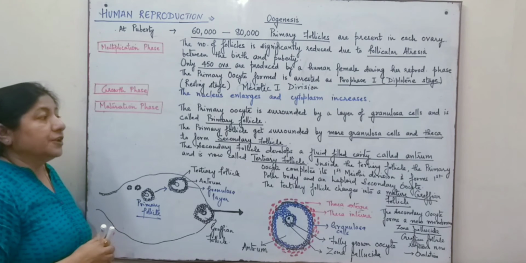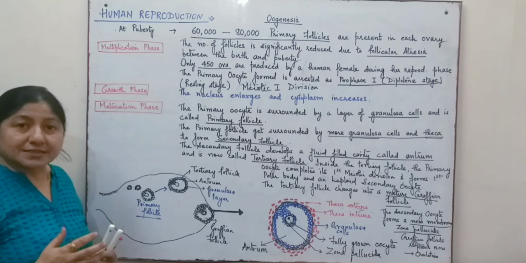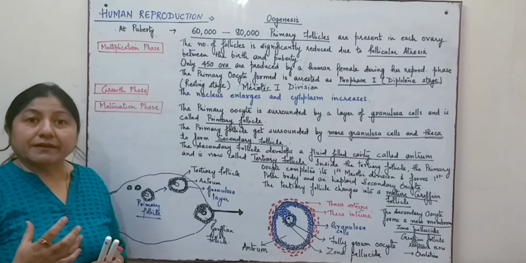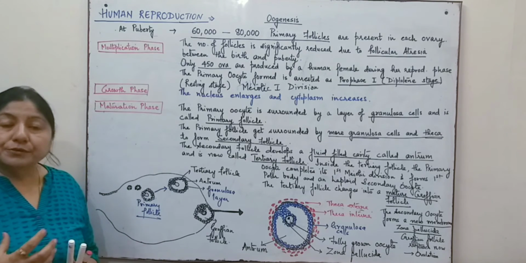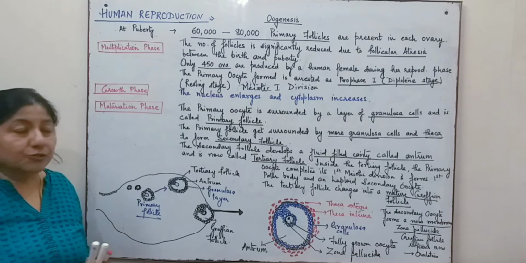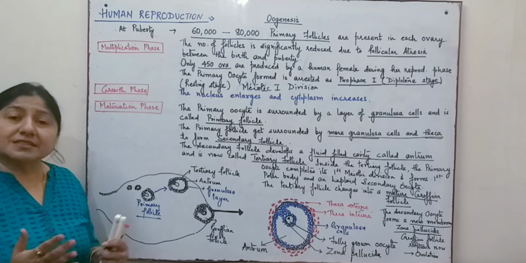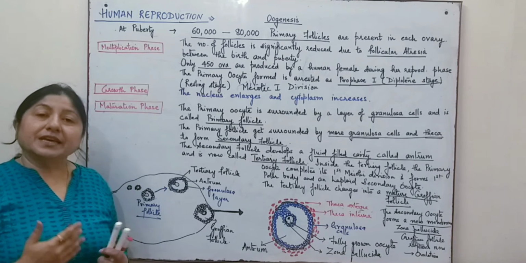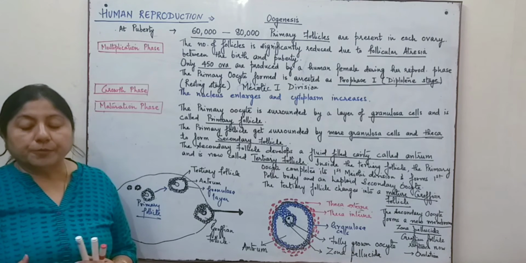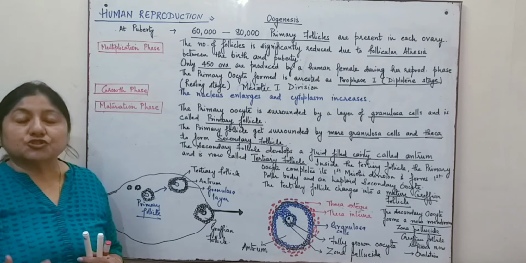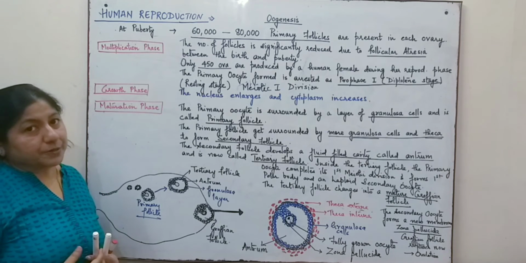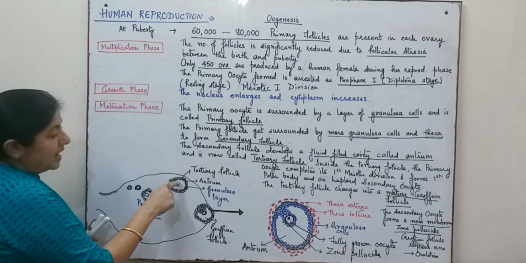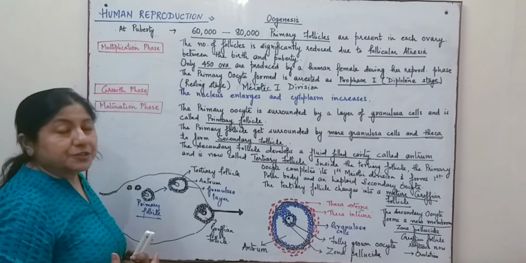and it will form the secondary follicle. Now the granulosa cells and the theca cells are responsible for producing various kinds of hormones. They are endocrine. So granulosa cells will produce hormones as well as the theca cells. The theca is divided into theca interna and theca externa. Theca interna and theca externa both are responsible for producing hormones such as estrogen, estradiol, etc., which help in the development of the primary oocyte. So the granulosa cells, as you can see over here, and the theca cells which are developed, now they will be